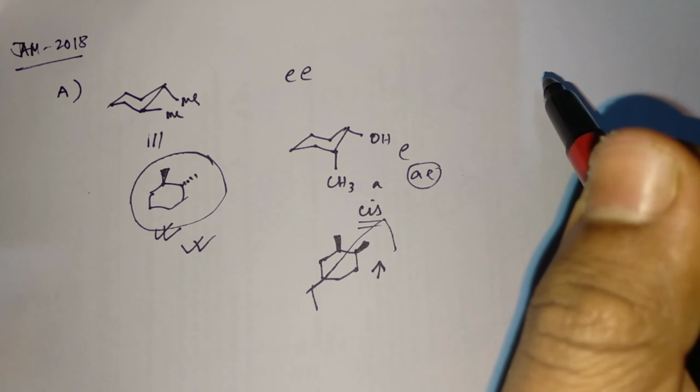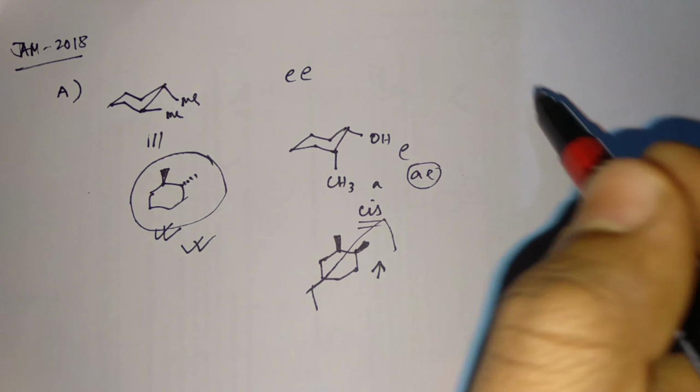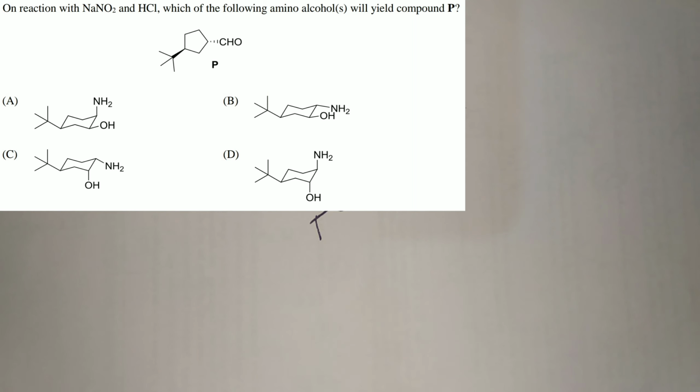So check the video first, and then your confusion will be cleared, right? So next, coming to the next question. The next question was, on reaction with NaNO2/HCl, which of the following amino alcohols will yield compound P? And the compound P is like this,